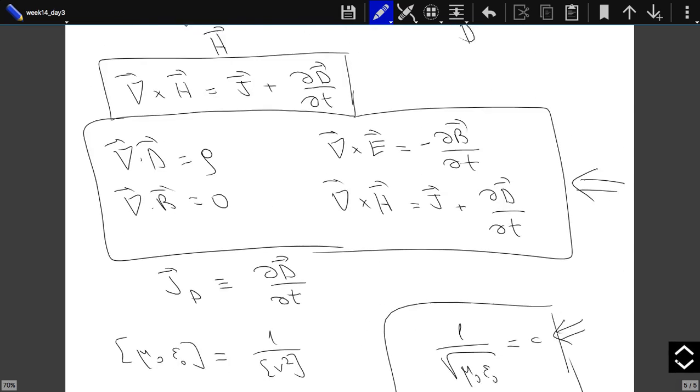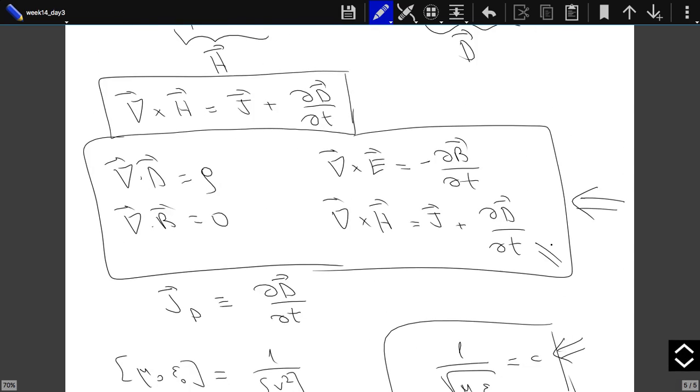Well, you see, Maxwell added this one. All the rest were before Maxwell. The contribution of Maxwell is this term. And up to now, we were all based on experiments. You see, Gauss's law is just experiment: the force of attraction between two charges. That is what this law is about. This law, we derived it from